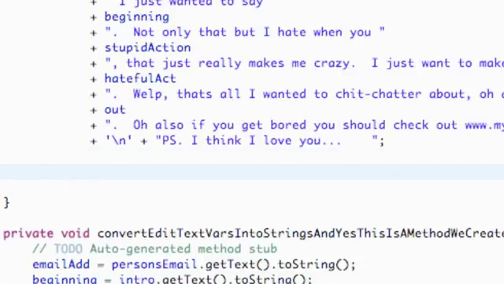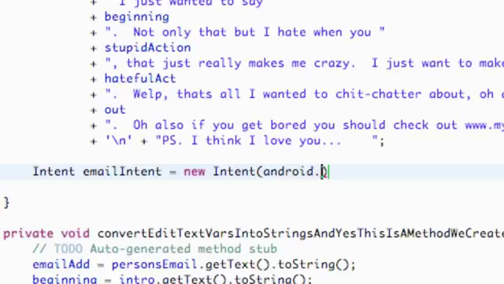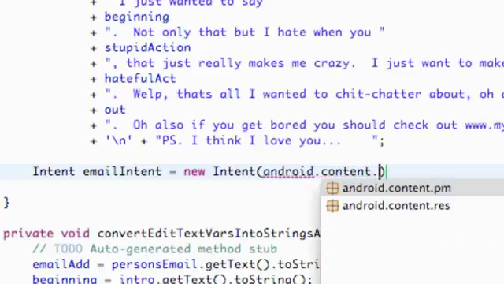And so what we're going to do first is set up an intent, just like we set up all other types of intents for the most part. So we're going to say Intent, and we're going to call this emailIntent, something like that, and hit enter. And then again we have to import the intent and say new Intent, just like always. And this time what we're going to put in the parameters is reference something from the Android SDK, and it's going to be called android.content.Intent